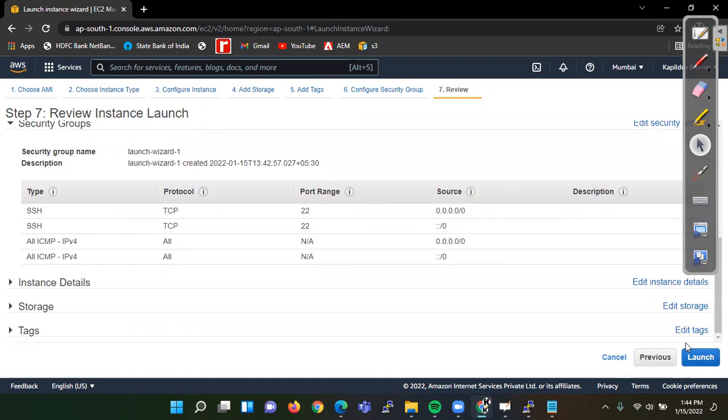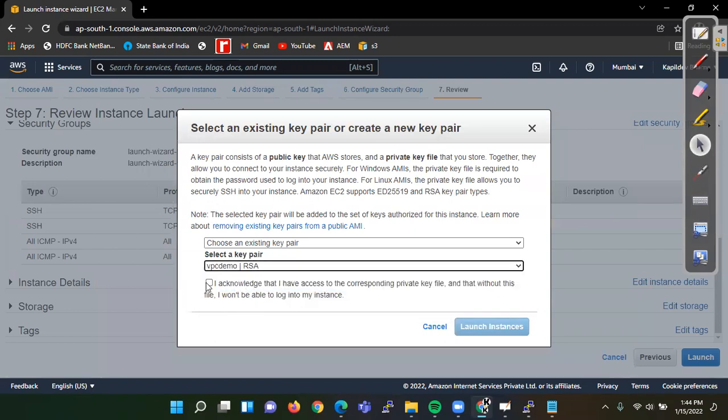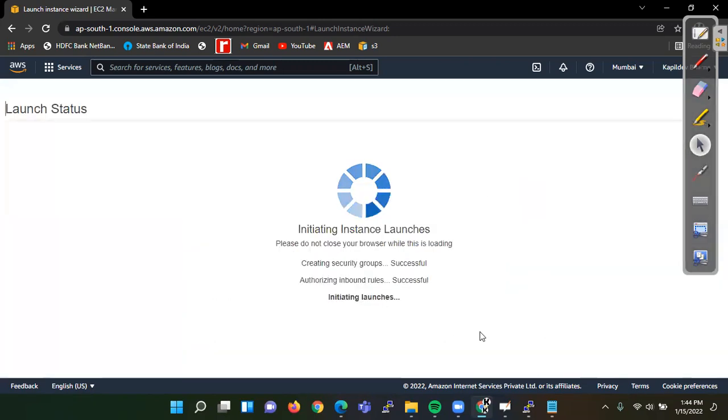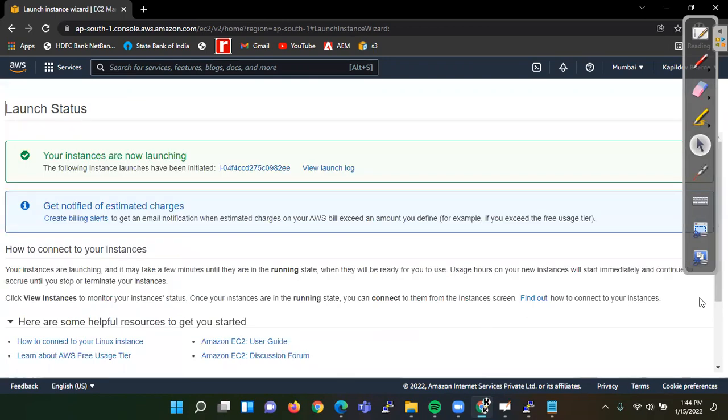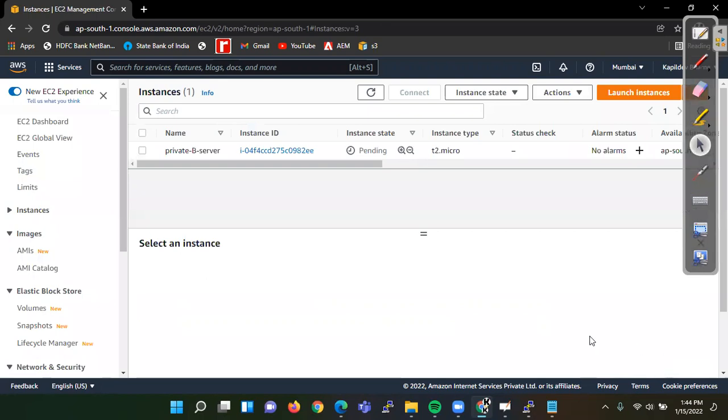So that would not be the error which we had previously. Okay, yeah. So here I have VPC demo. Acknowledge, launch instance. Okay.